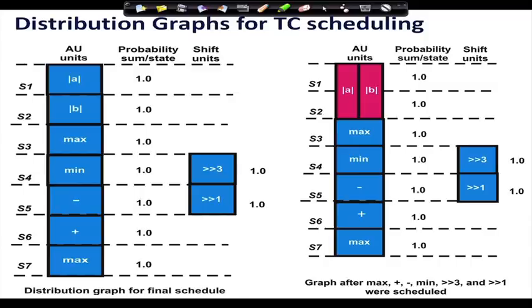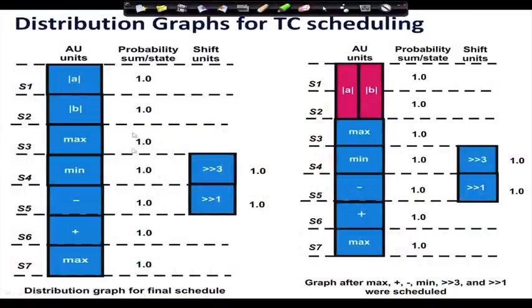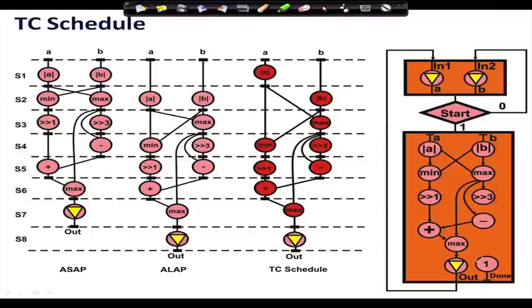Is it clear? So, again summarizing, what did I do? I first had the control data flow graph, and based on that I did the ASAP and ALAP, found out the mobilities, okay, and then after finding out the mobilities I computed the probabilities of allocation, and based on that I tried to balance the probabilities, and ultimately everything should be 1. And of course, here there are two operations. So, ultimately I get this schedule. You see, this is the time constraint schedule that I get.